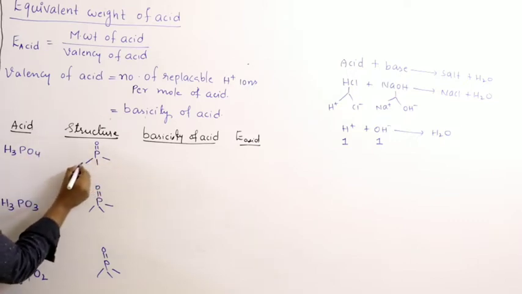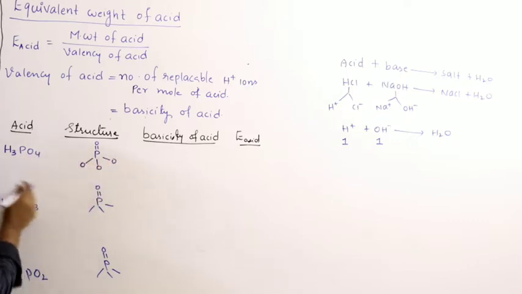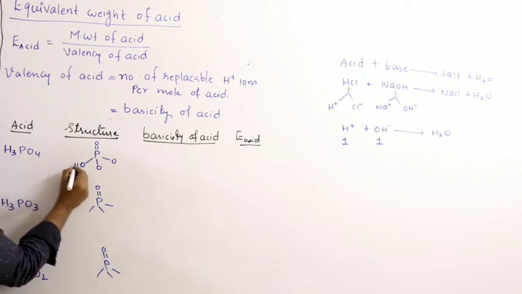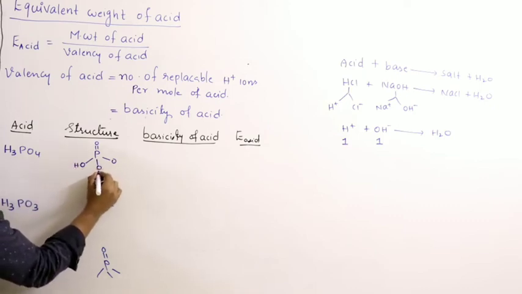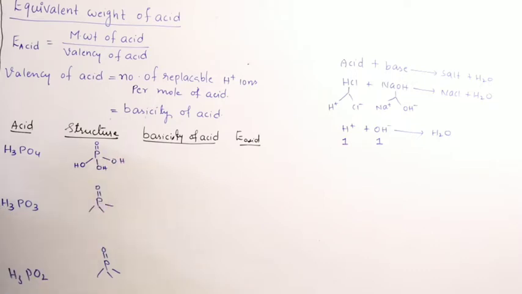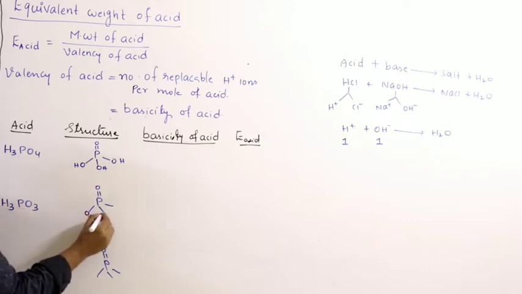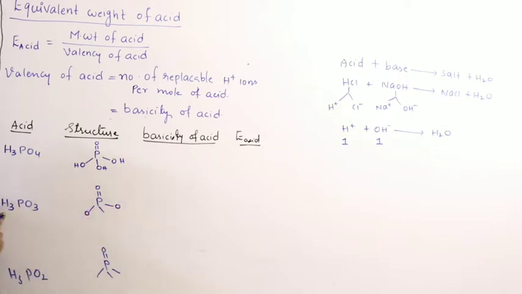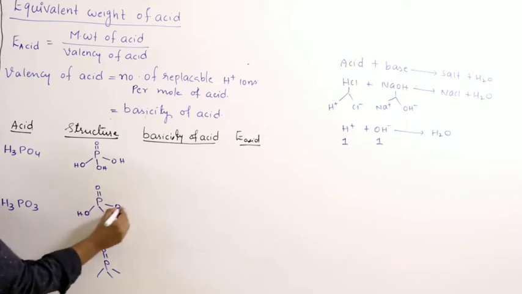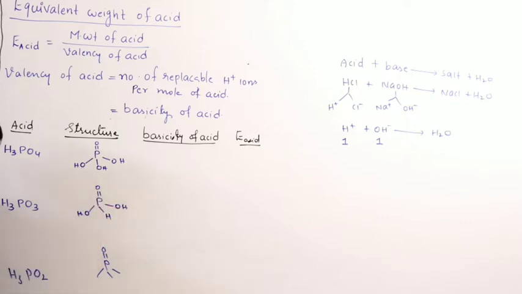So how many bonds do you have? 3. So write O, O, O. Count hydrogens. 3. So add OH, OH, OH. Count oxygens. 3. 1 is present here. Out of 3, 1 is present. Left over is only 2. So O, O. Count hydrogens. 3. Add hydrogens. Next, count oxygens. Total 2. 1 is present. So left over is 1. Count hydrogens. 1, 2, 3.